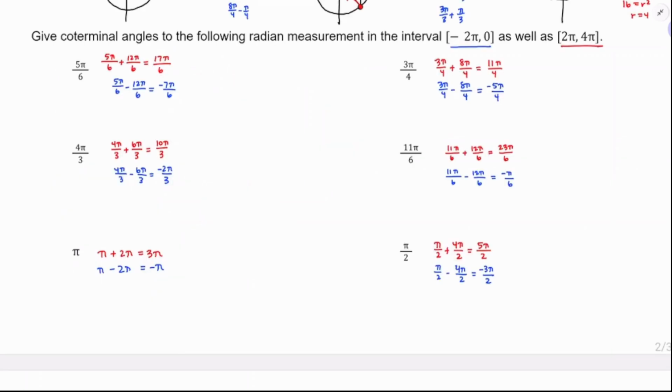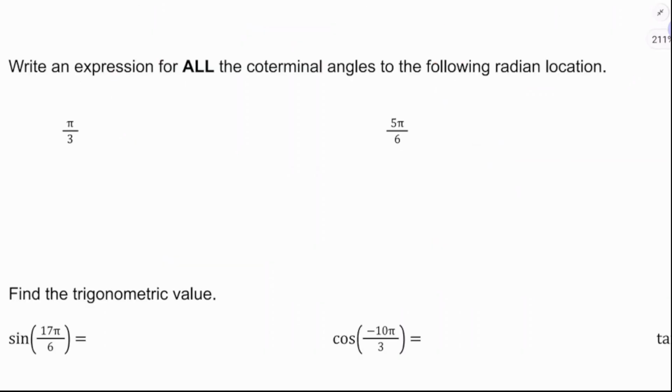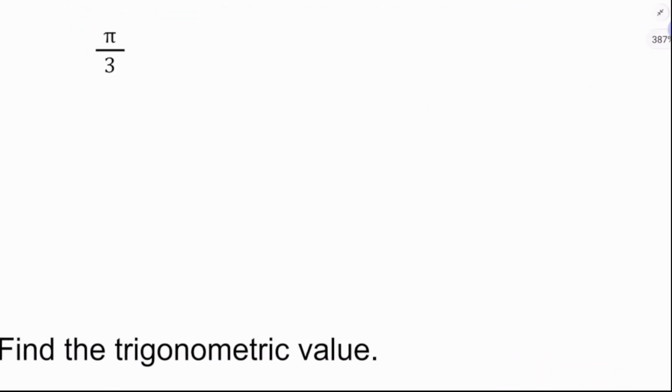Okay, so that was us finding coterminal angles. We add 2 pi, we subtract 2 pi. That's all we do. Now, if we're writing an expression for all the coterminal angles, that would be where we would say, plus any number of times around the circle, any number of 2 pi's. So pi over 3 plus 2 pi, pi over 3 minus 2 pi, pi over 3 plus 4 pi, which would be 2 pi's. So what we would say is the expression is going to be pi divided by 3